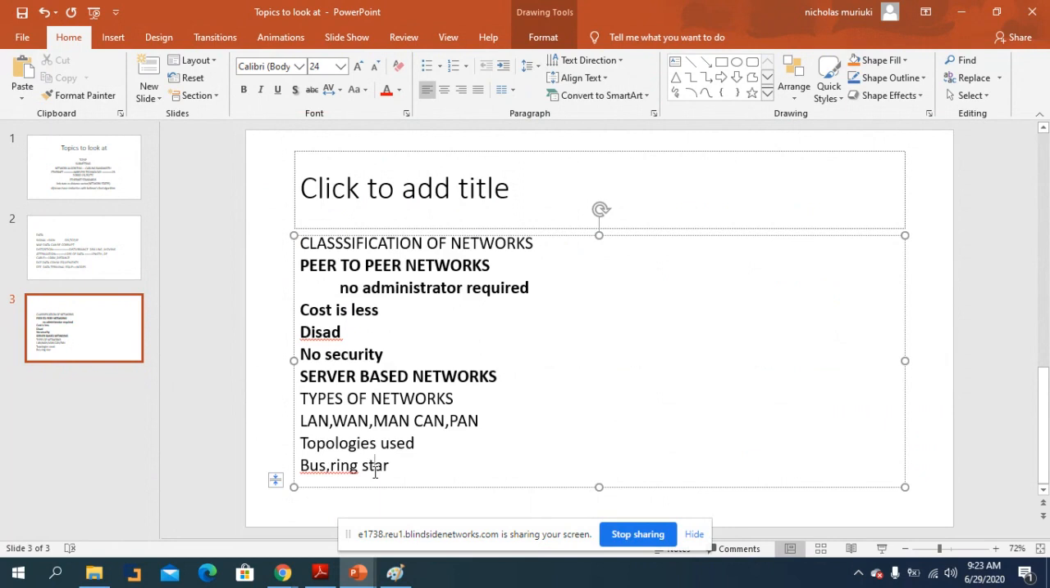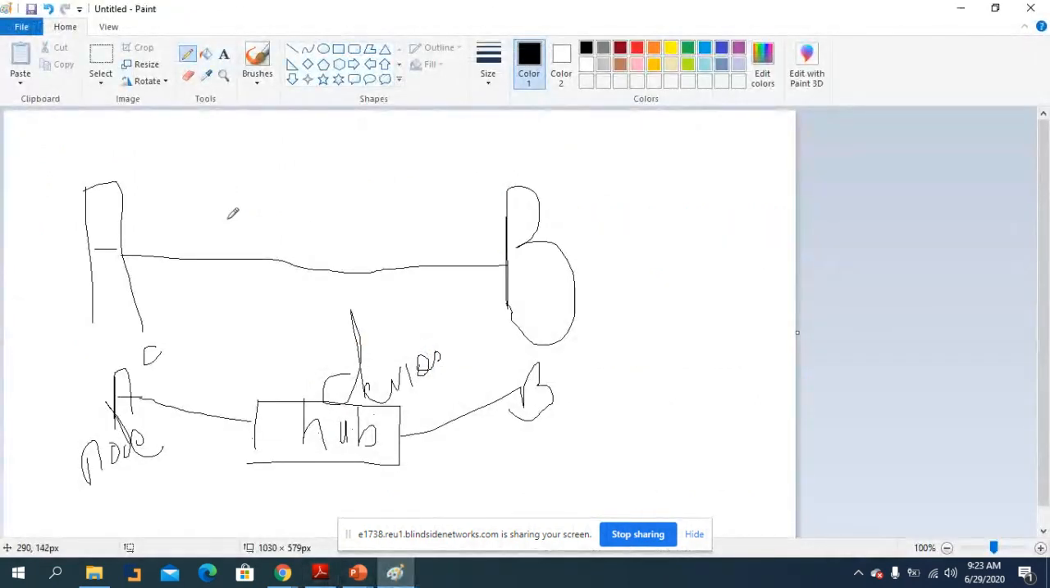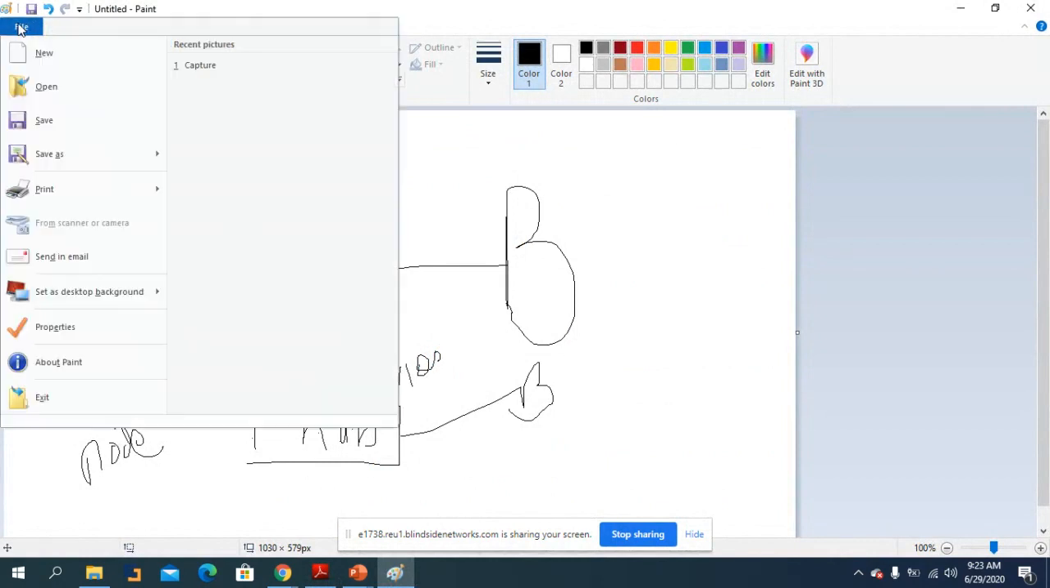If it is too large, what can we use so that we can have clear communication? In this case, we are saying it is usually limited to a few kilometers of area. It may be privately owned and could be a network inside an office. So in this case, maybe we can use one of them. Maybe we are using a bus topology. The moment we are using a bus topology,